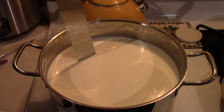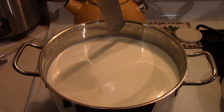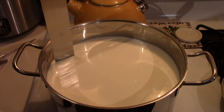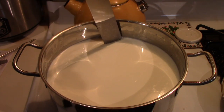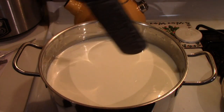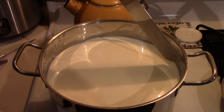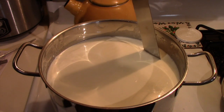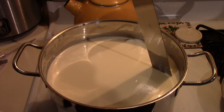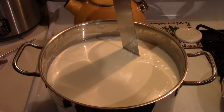They have the instructions on there, I think, for 100 different kinds of cheeses to make, so if I get brave enough, I may carry on and do a few more. Trying to select the ones that are relatively easy. This one is, well, the most difficult one that I've attempted so far anyway. I wouldn't go so far as to say it's all that difficult, but